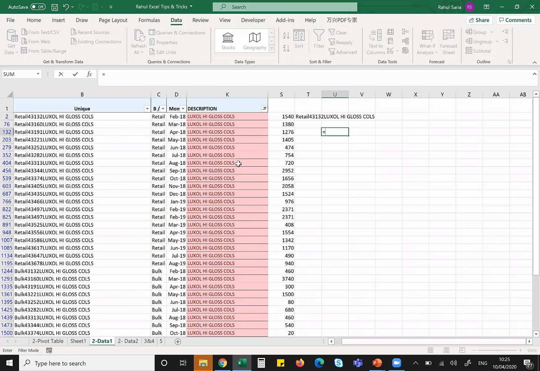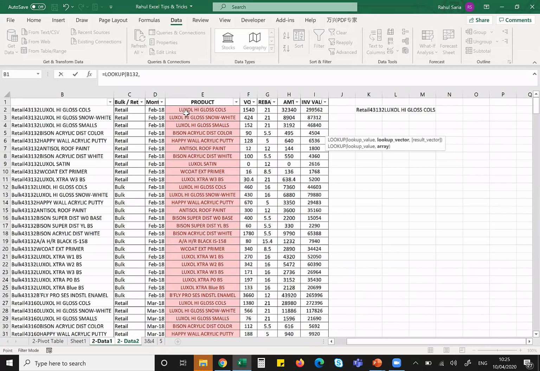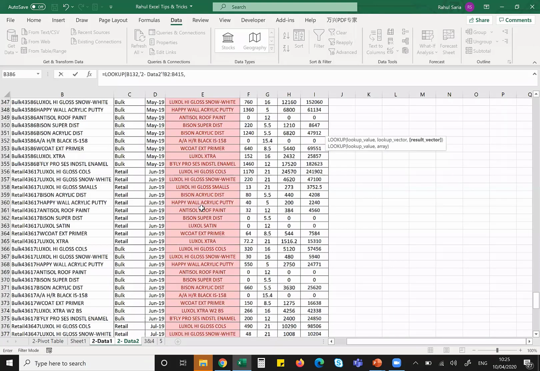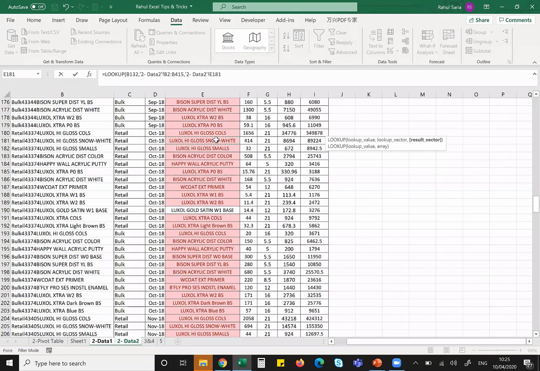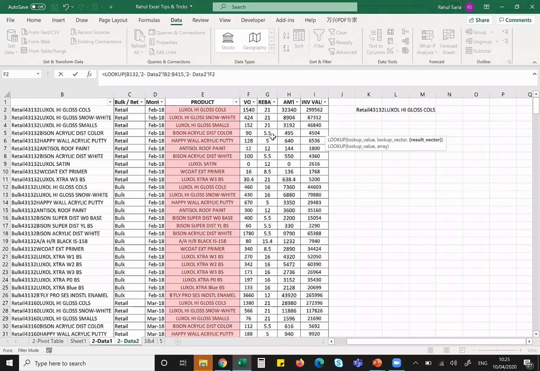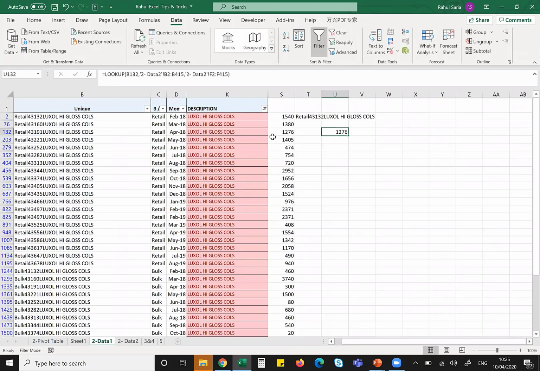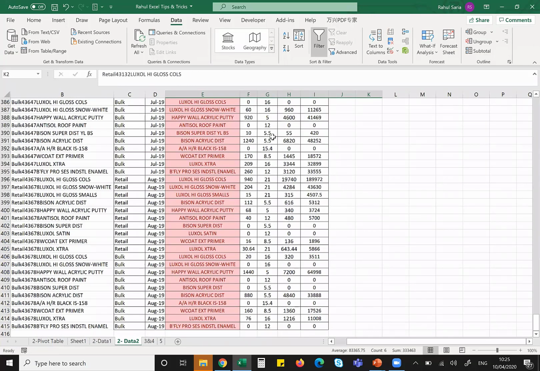I'll show you how. I'll just type lookup value. My lookup value is this unique, comma, lookup vector, which means basically the array from where I need to find it. I need not select an array completely. I just need to select a particular column. What do I want to look up? Just this column. I just selected only column B, comma, result vector. What do you want as a result? I can just go and select the volume column anywhere. So left, right doesn't matter. I'll just select the volume column. Comma 0 would not be there. You see 1276 comes. Which means I need not actually select the whole data.